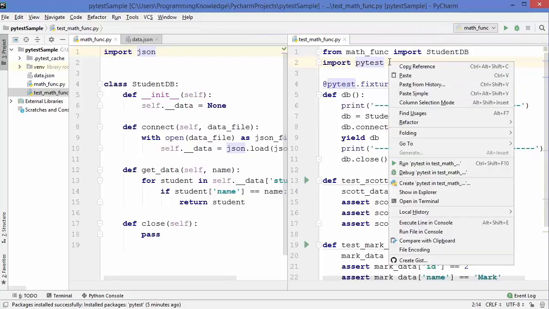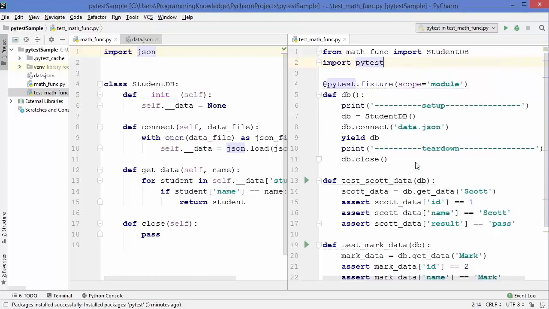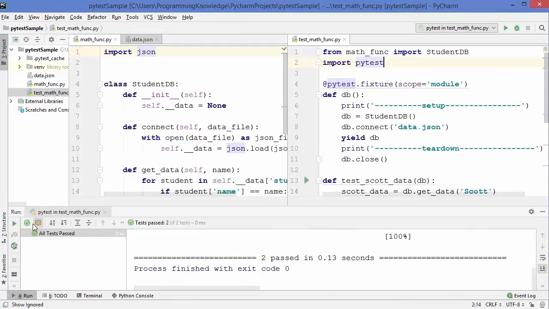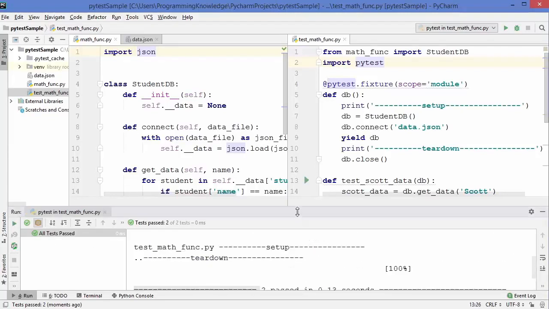So just right click on this file, and then you will be able to see this option which says run PyTest in the file you want to run the PyTest. So just click on this option which says run PyTest in the file, and as soon as you do this you will be able to see this window which is for the PyTest, and you will be able to see all the tests which have been passed on the left hand side and the terminal output on the right hand